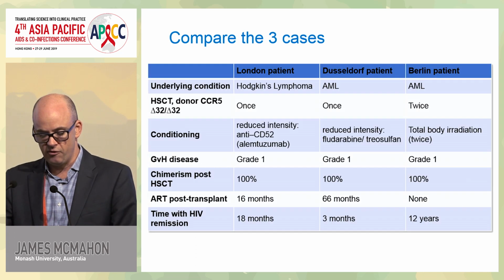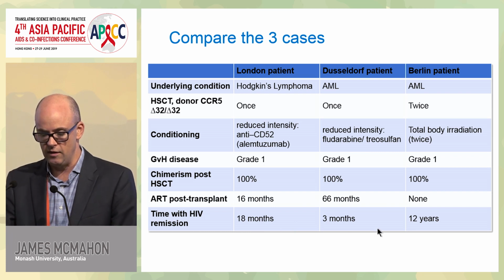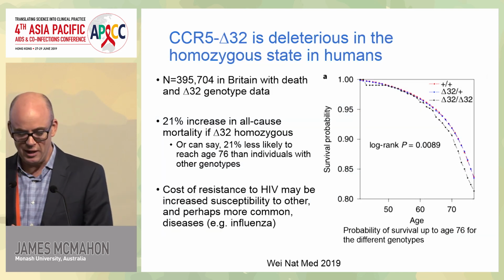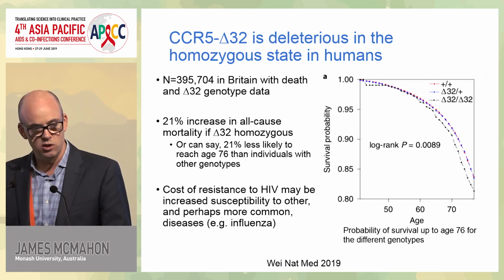And this is the rough summary of the patients, and I suppose the biggest point here is that Tim Brown's been off ART 12 years, which is the ultimate test. London patient 18 months, and the Dusseldorf patient 3 months. There are a lot of similarities in how this has occurred. The other really fascinating paper, which I'd recommend, 2 pages of really interesting reading, was only published a couple of months ago, and this just shows what we can do with data registries.